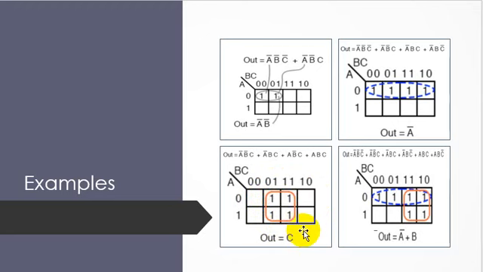And how can we write down the equation? Again the same rule. We consider this pair, we can see that A is going to change from 0 to 1, so we cannot write it down, and in these 2 columns are involved. So which input is not going to change? C is not going to change, so we just write down C, and the value of C is 1, so that's why we write it without any complement.